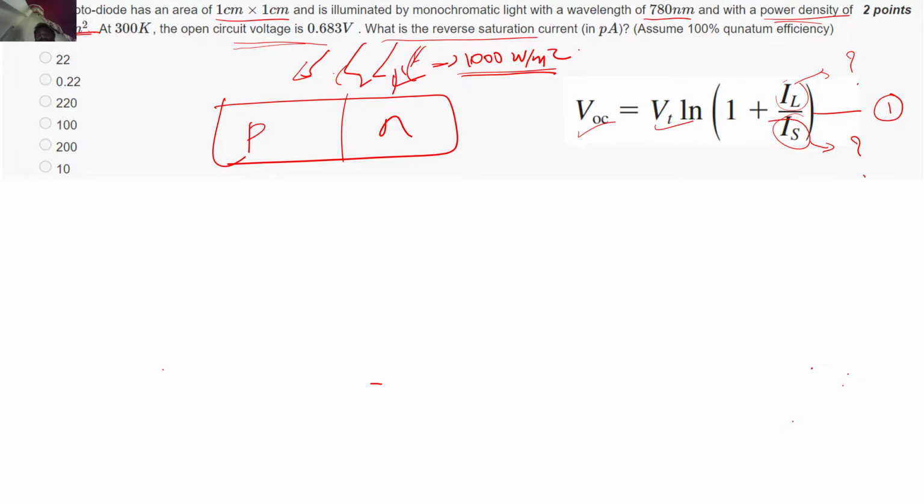Like I have a light whose power density is given to me. Now when I hit this light on top of a diode, right, I'm going to get electron-hole pairs, right? And because of those generated electron-hole pairs, I will get a current. Even if I don't do anything, I'm still going to get that current, right? Unless I turn off the light, that current cannot cease to exist. That current will always be there. So this is that current, right? That IL. So I'm asking for the relation between this IL and this density.